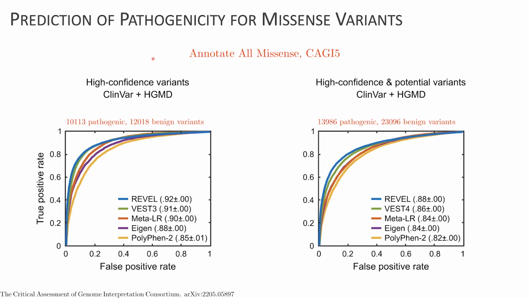Let me try to focus and explain briefly that in this particular case, we see that the performance is good and the machine learning community would be happy because these numbers are roughly in the 90s. However, this is not the most important part of these prediction challenges, because clinicians would